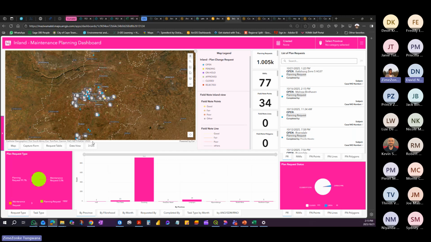Zimmy, just while you're waiting there, what is the base of this? I had a quick chat with Jack earlier on, and he said to me that any changes that you make in the field on the field maps is on ArcGIS, but then you basically log it, and then it goes back to the planner who has to change it on 3GIS. That's correct, the way I understand it. Okay, so